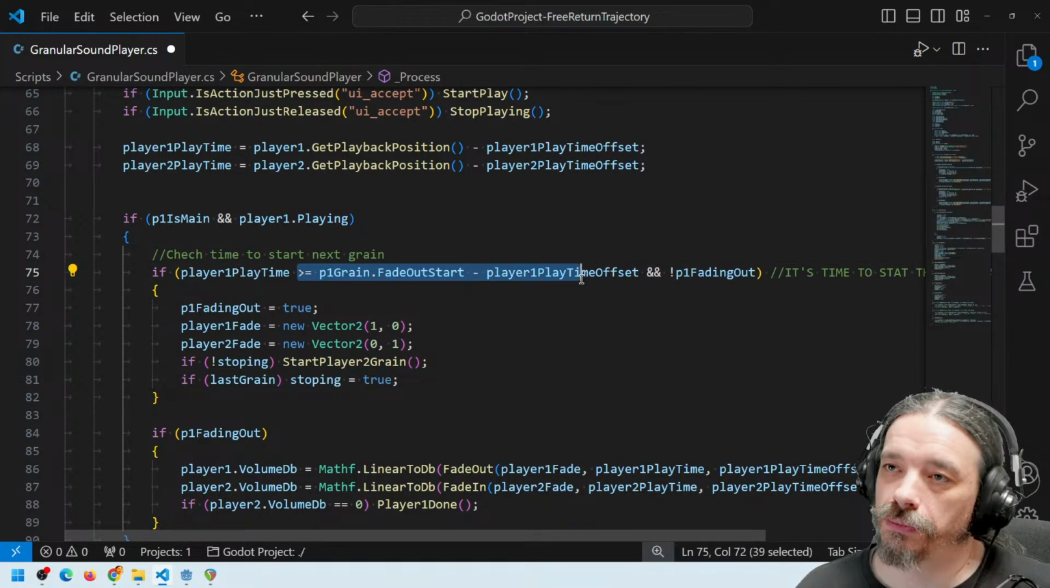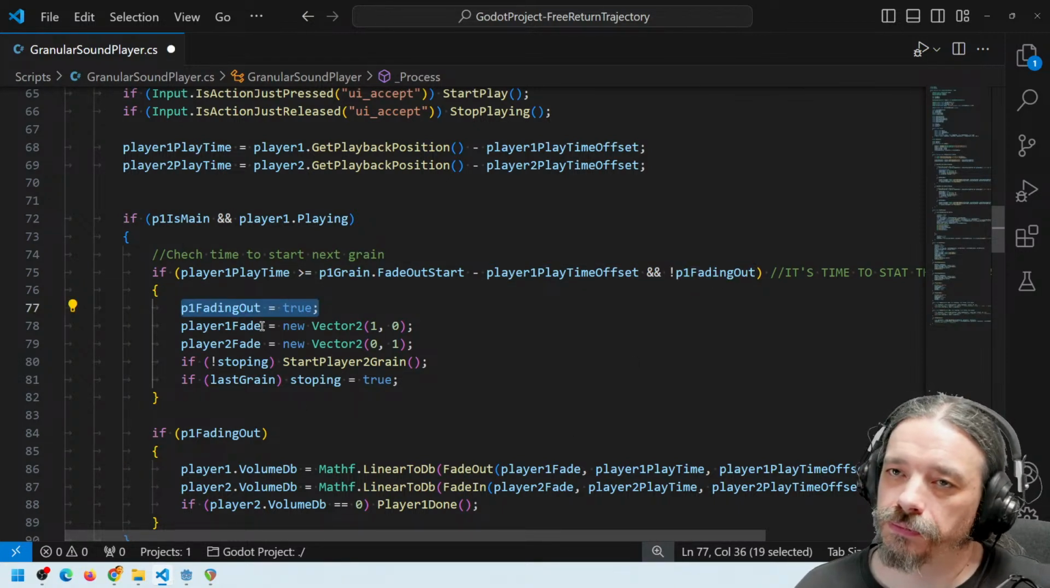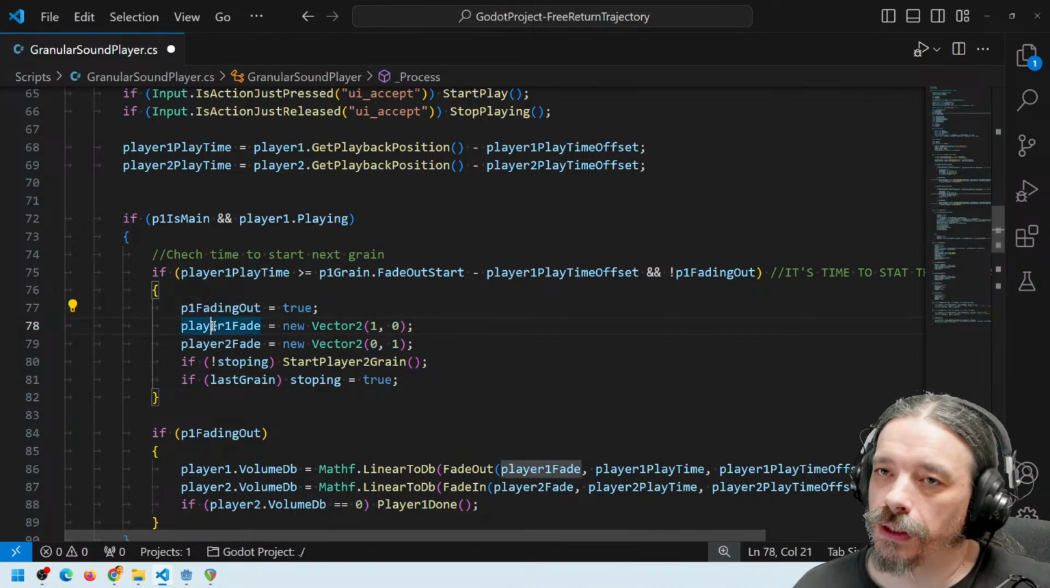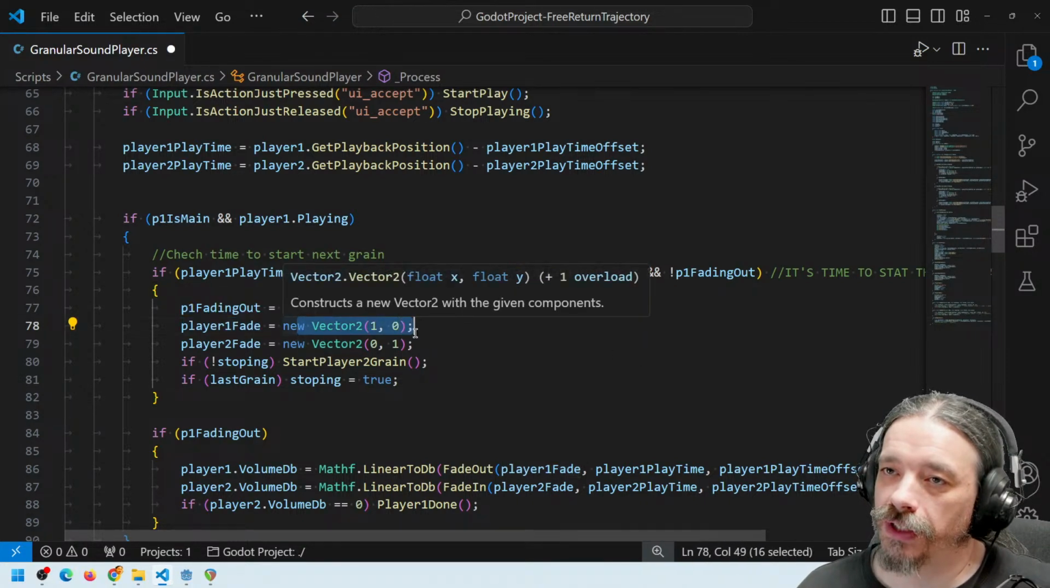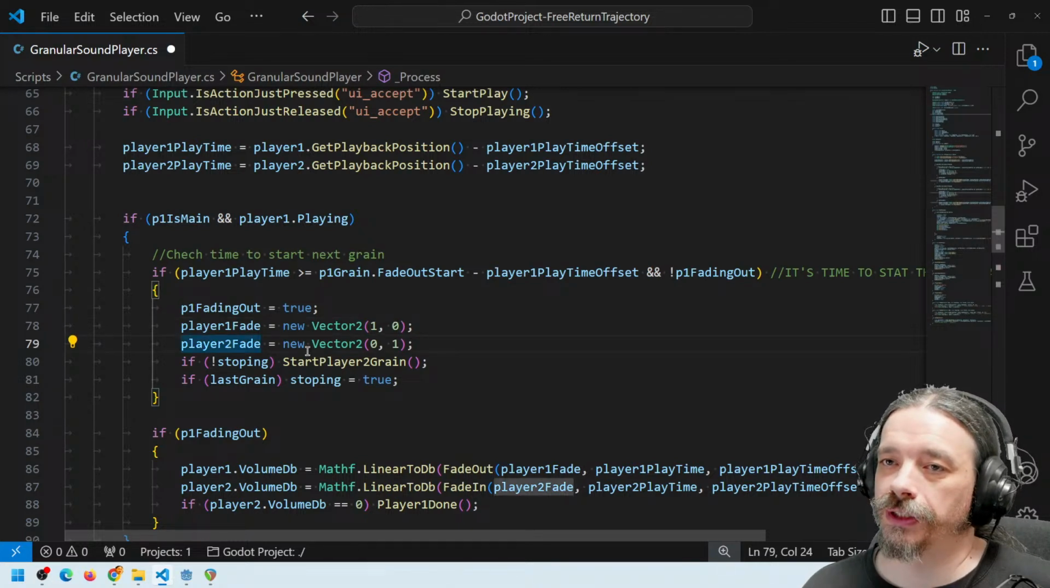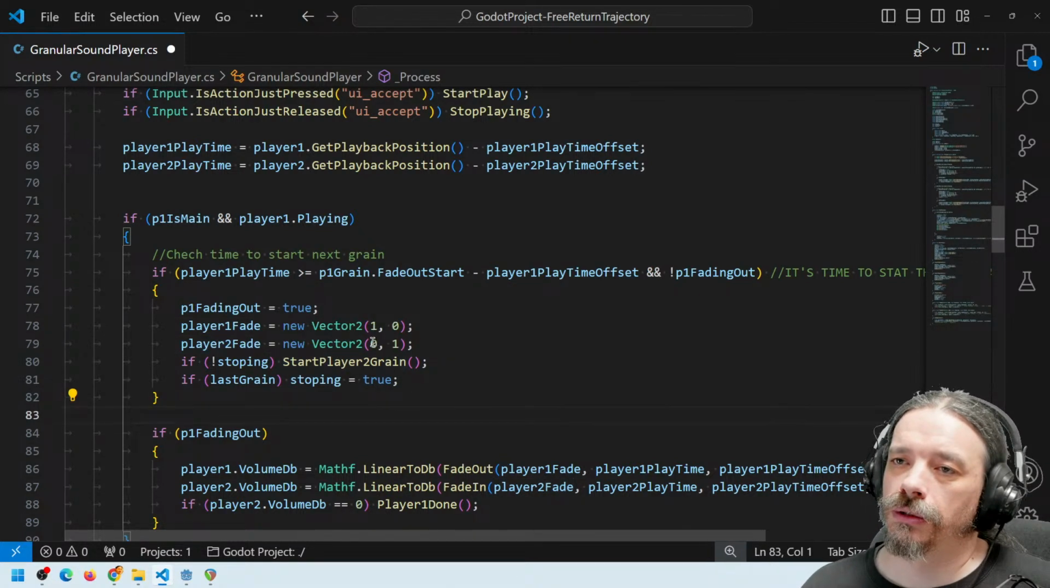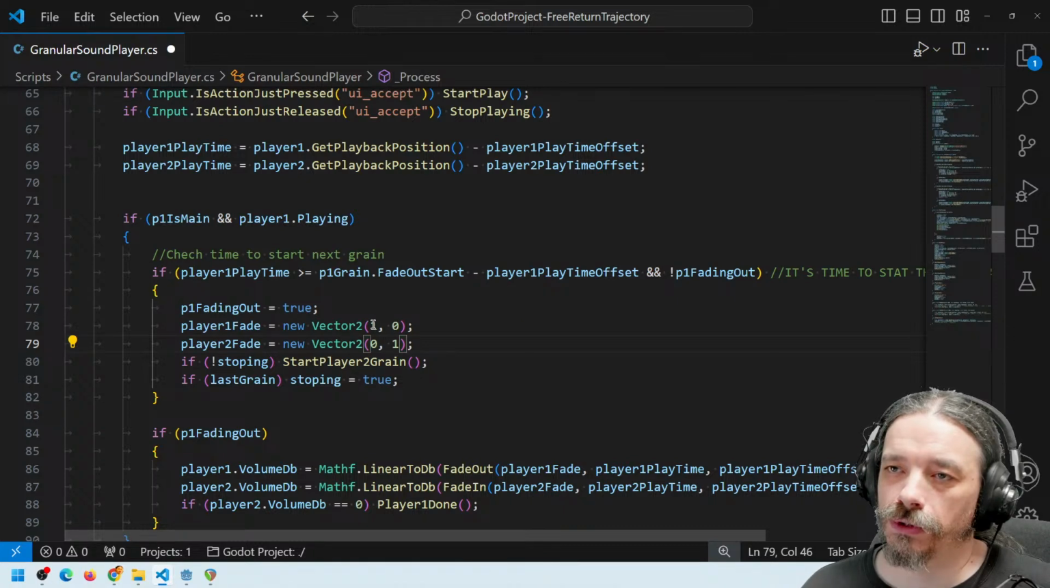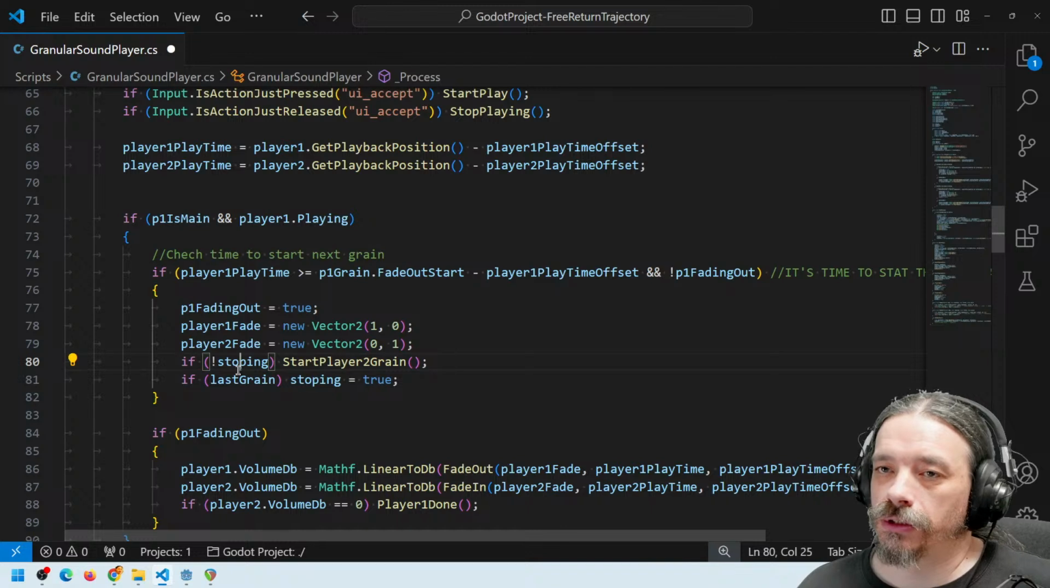So it reached the point, but the fade out didn't start yet. Fade out starts. Player 1 fade will have this vector, goes from 0 to 1 to 0, and the player 2 fade will go from 0 to 1. So this goes down, this goes up. If it's not stopping,